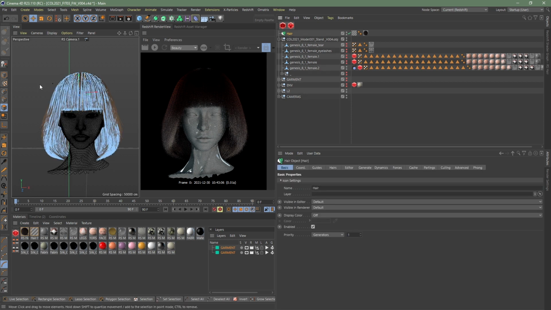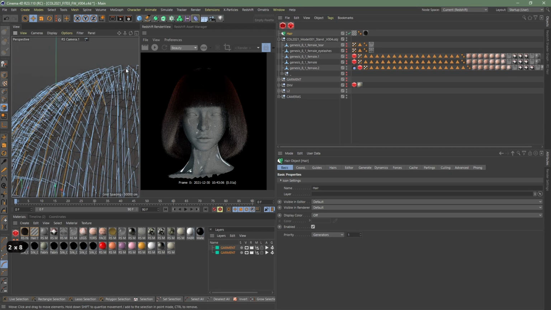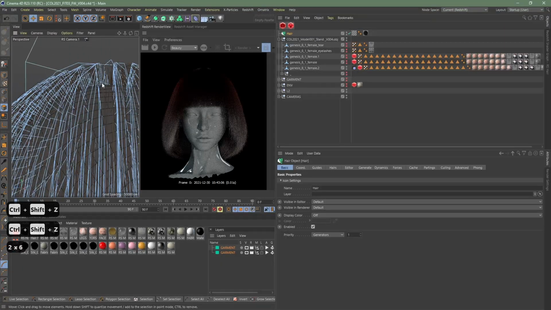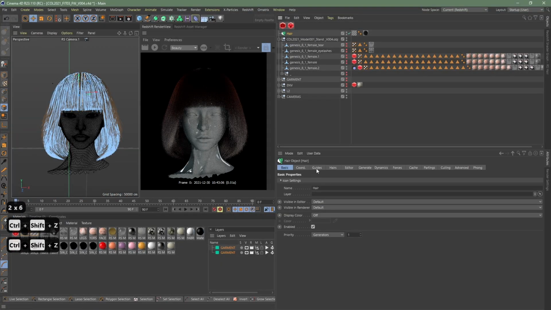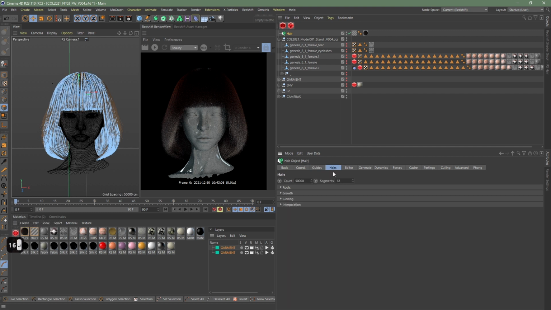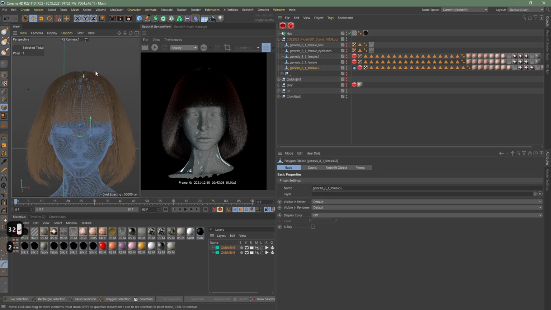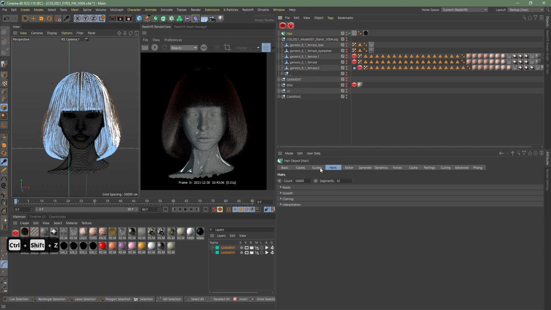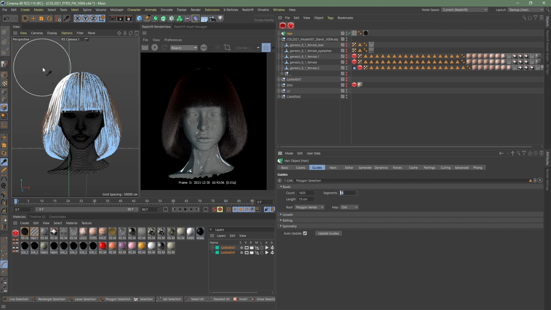And then at this point, you can also see that we have some issues up here where there's some really harsh angles on our hair. So if we wanted this to be smoother, we actually need to go into our different guide settings, and we need to up the segment count here. So just pull this up to 16, and we also want to do the same thing for the hairs. So maybe try 32. As you up the guide segments, that gives you more control with how we can sculpt the hair. So if we wanted everything to be a bit closer to the scalp,